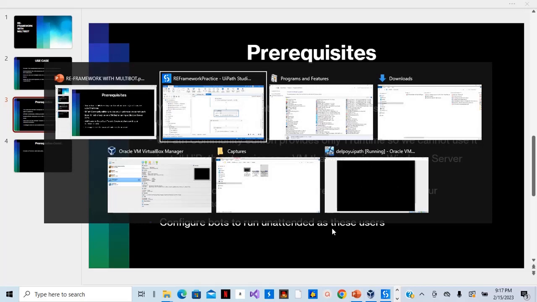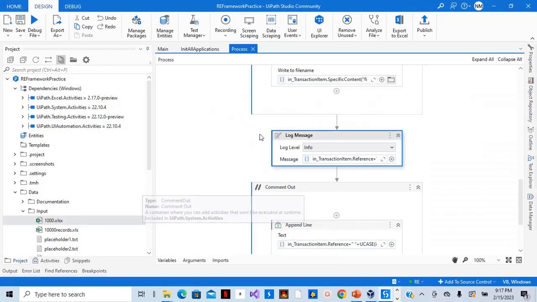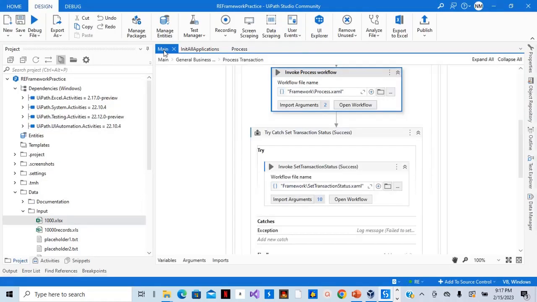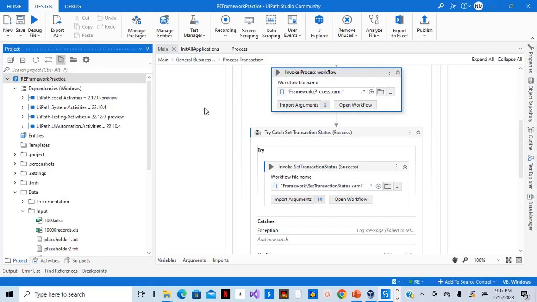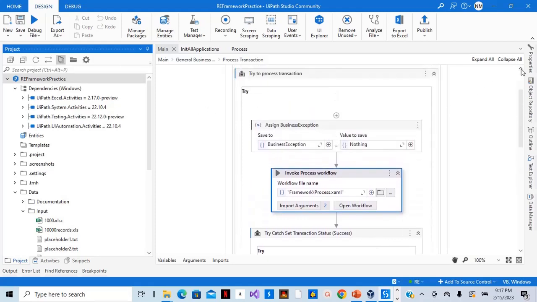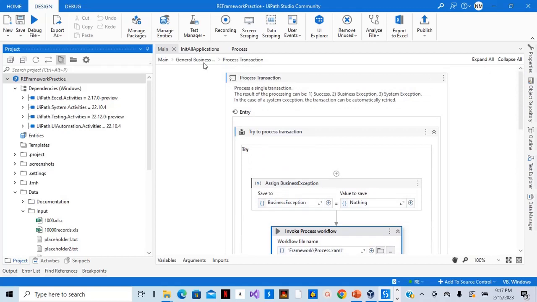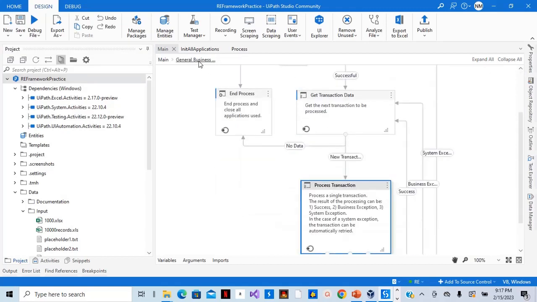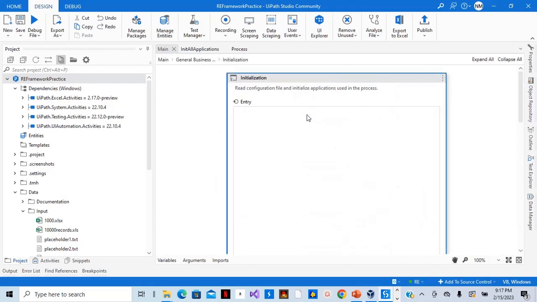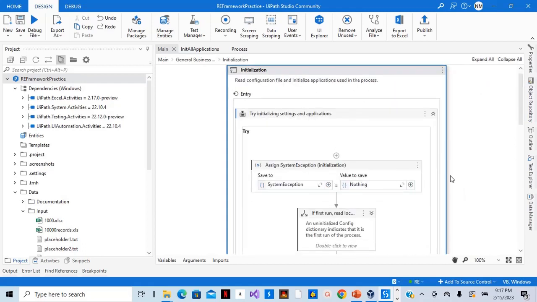Okay, before we enter the virtual machine, let's first check and see what we are going to do. Now, this is my workflow. It's a simple RE framework, and let me go to the initialization part of this. So what I'm going to do here is